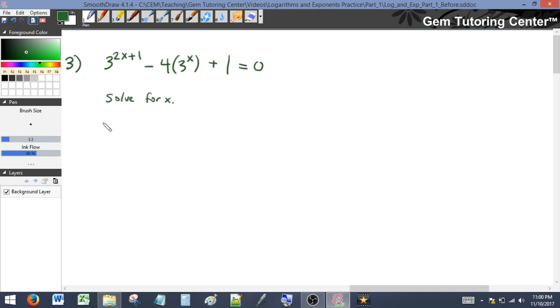The first thing we're going to do is think about how to approach this problem before we do anything. We see a 3 to the x here. Do you remember in problem 1 we had y equals 3 to the x? Well, we're going to try the same thing here because we see there's a 3 to the x embedded in the first term. So we're going to try to bring that out, set y equal to 3 to the x,